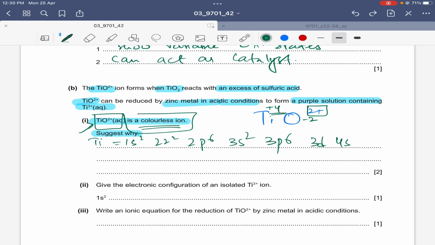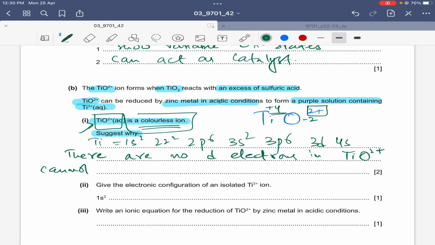But if there are no electrons present, right, there are no d electrons in TiO2 plus, so it cannot absorb energy in the visible region,